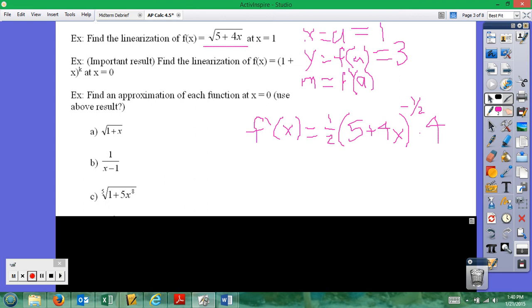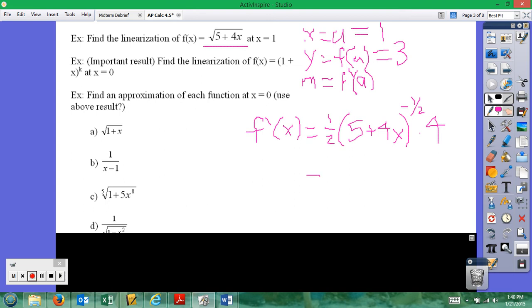I'll get it back into a pluggable friendly form, and that would be 2 times, whoops, backtrack a second, that is a negative 1/2 power. So I'm going to go